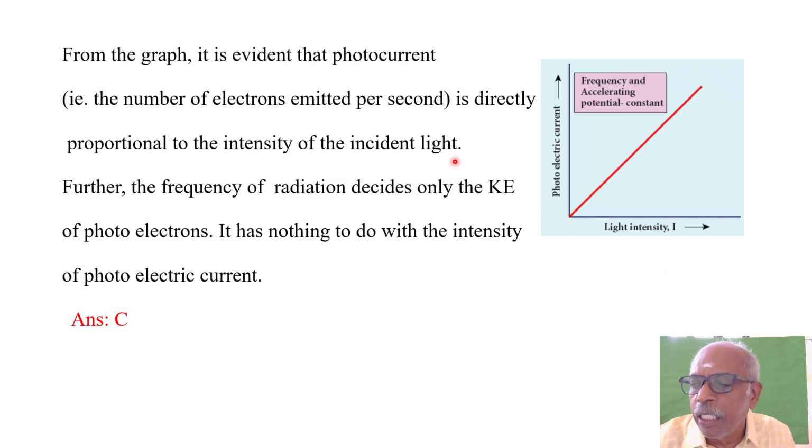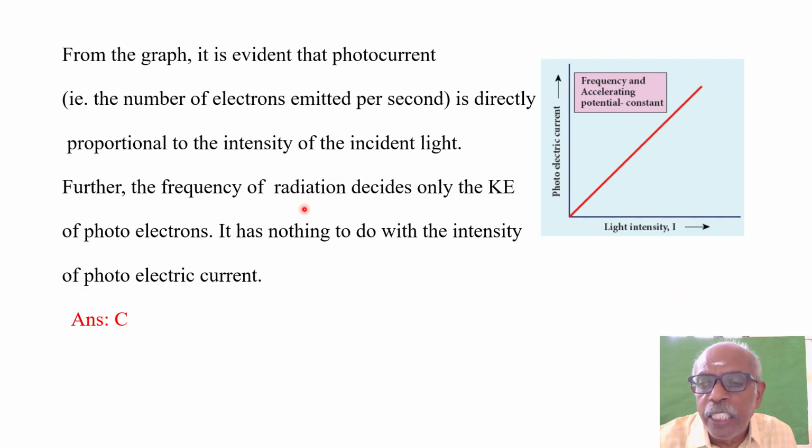So this figure is right. What about the other figures? So figure 1 is right, figure 2 is wrong. Figure 1 is this figure, and figure 2 shows a constant, but it is directly proportional, not a constant. So figure 2 is wrong. Then what about figures 3 and 4, sir?